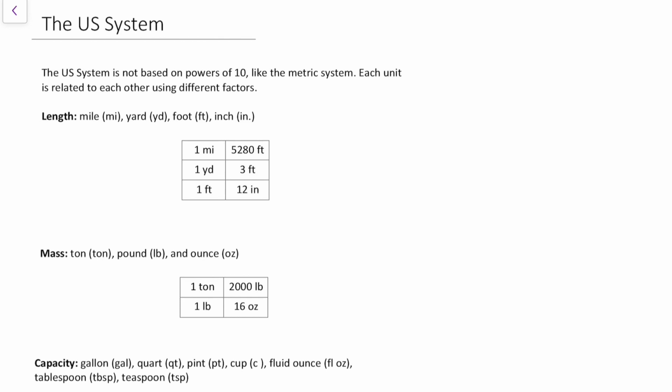In this video, we are going to talk about the US system of measurement, also known as the imperial system or the customary system. There's a few different names for it, but it's different than the metric system because it's not based on powers of 10. Each unit is related to each other using different factors. And so it's important that you know the conversion rates in order to do the conversions that you want to do